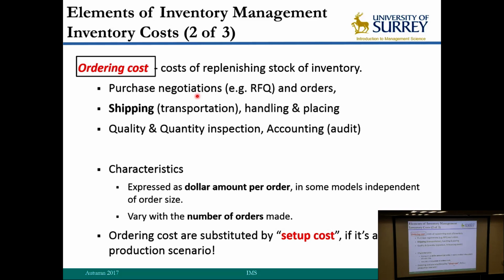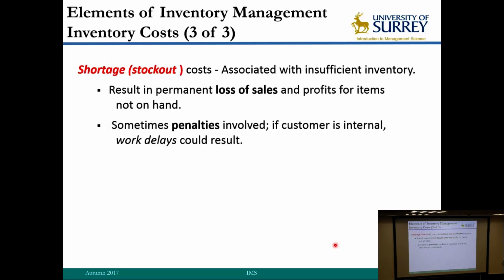And that's basically the same thing as the ordering cost. Every time you want to start up your manufacturing line, you have a certain cost. Every time you want to order a certain quantity of inventory from your suppliers, you have to pay an additional amount on top of the value of the product itself. So this ordering cost and setup cost are basically interchangeable for different scenarios. And the last one,